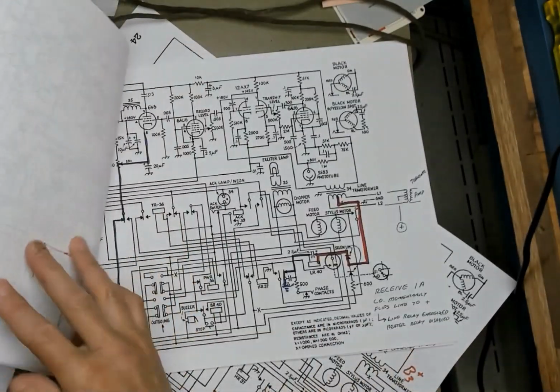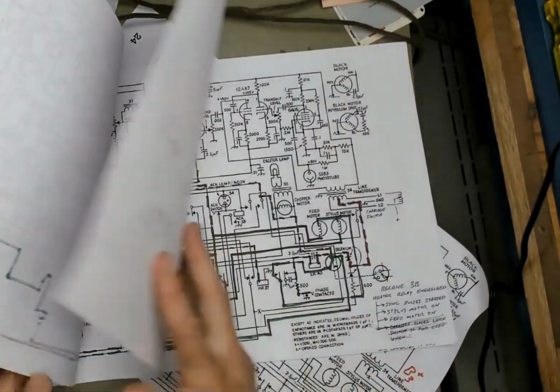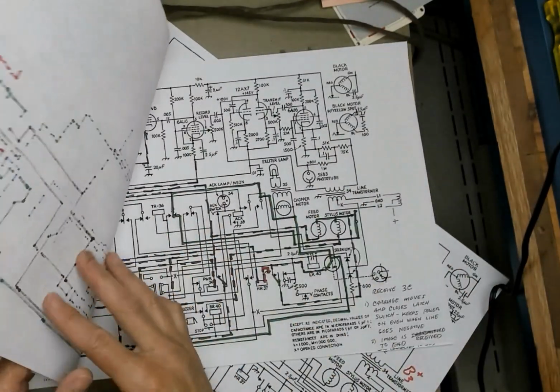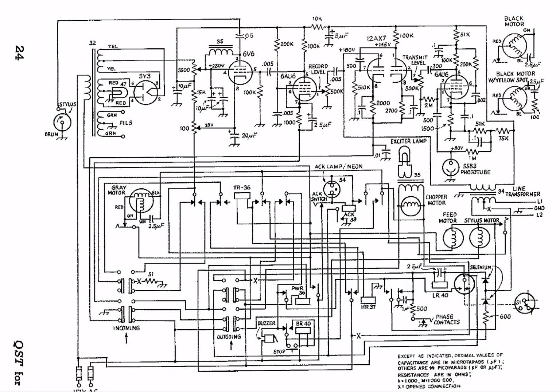And to get it worked out in my head, I started with 30 or 40 copies of the schematic and step by step worked through the machine's operation in the sequences. The transmit and receive sequences will be the next two videos, so you have something to look forward to. I'll put a link to this schematic in the description if you want to take a stab at figuring it